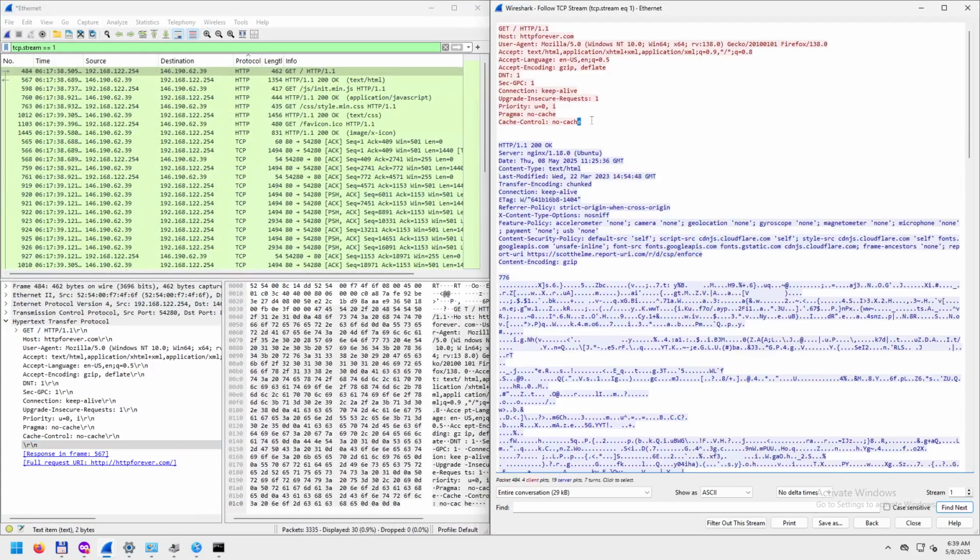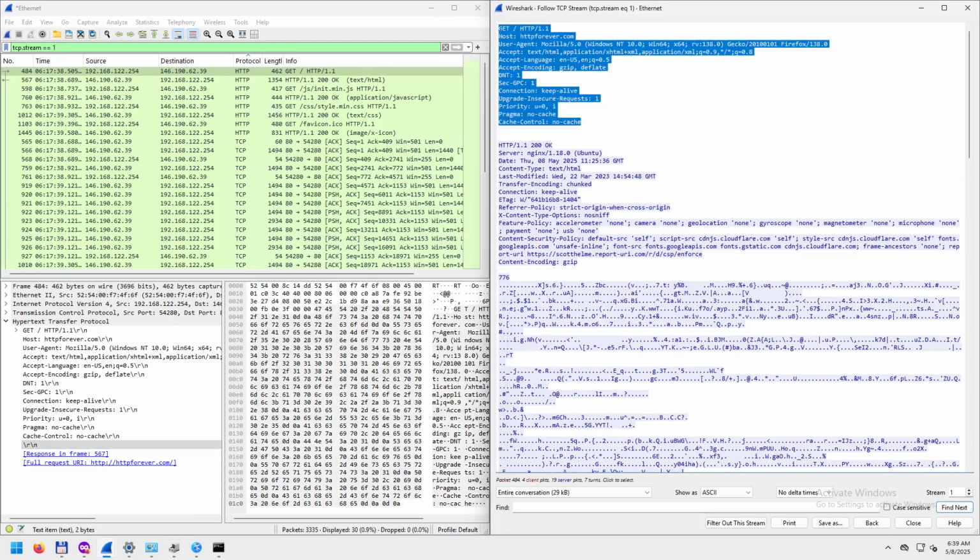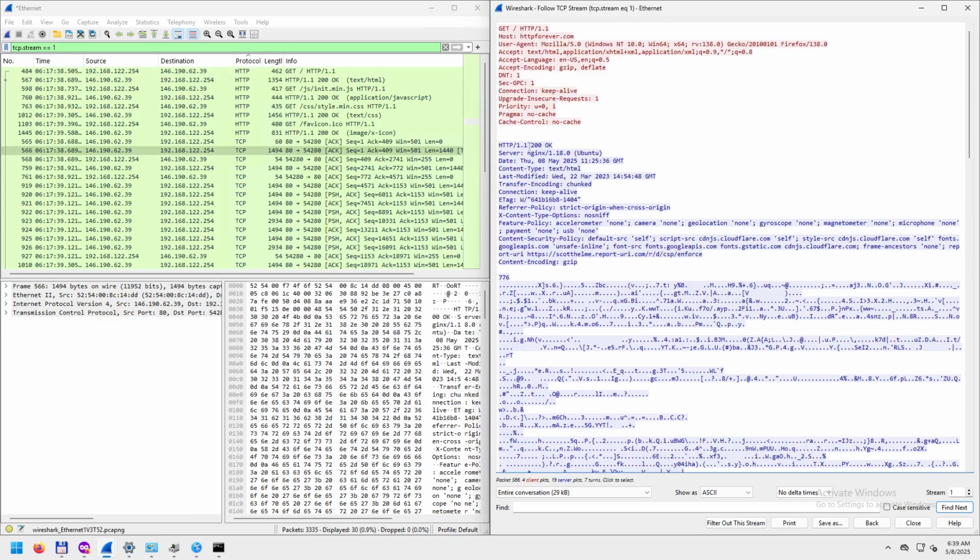So after no-cache, there's a \r\n, but then there's an extra \r\n, which in this case is the end of the transmission. So that's the end of the packet being sent by the HTTP client towards the HTTP server, containing the HTTP request. After that, the HTTP client is done and is waiting for data on the TCP connection from the server. And the server provides a huge packet,